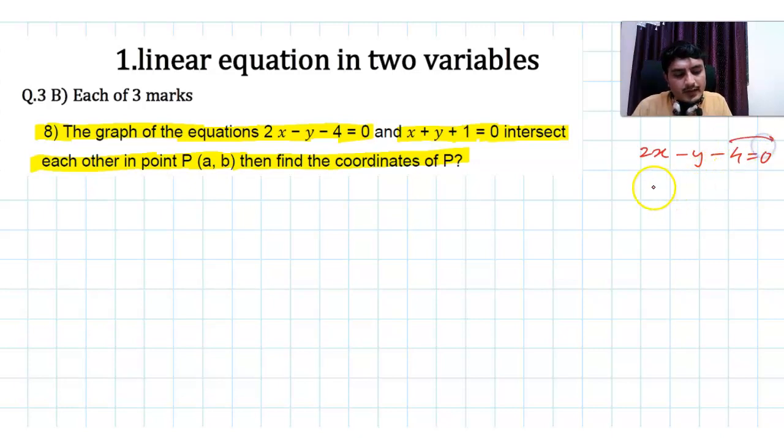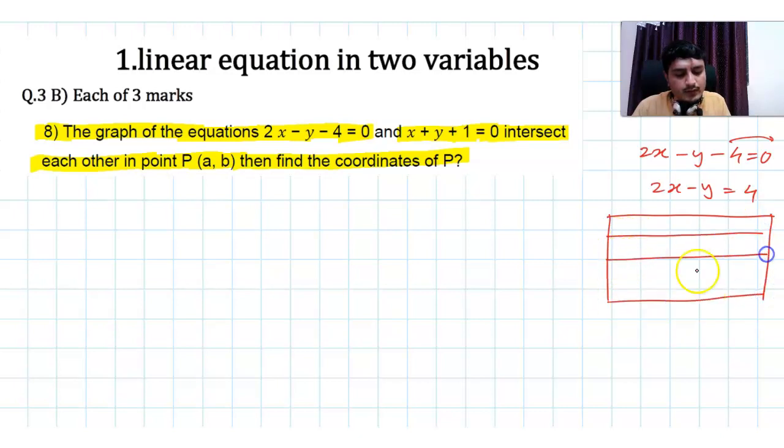Let's try to shift the minus 4 so that 2x minus y equals 4. Now let us prepare the table for the graphical representation. We have to assume a few values of x and evaluate the respective values of y, so that we have the equation 2x minus y equals 4. First row for the values of x, next row for the values of y, and last row for x